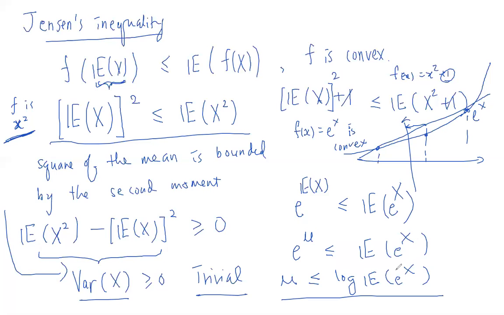So it depends on what you want, right? If you are interested to find out the expectation of this random variable, you know that the lower bound is e to the power of mu. Okay. And depending on what you want to do, sometimes this form is already enough, or sometimes you might want to look at the log form or whatever. So just to let you know. So this is very interesting here.